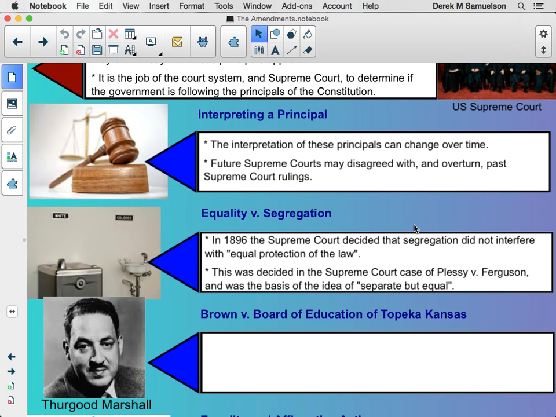The Supreme Court said we can have equal protection where people are segregated. We can have separate but equal. And that was what the Supreme Court decided in that 1896 case of Plessy versus Ferguson, that we could have